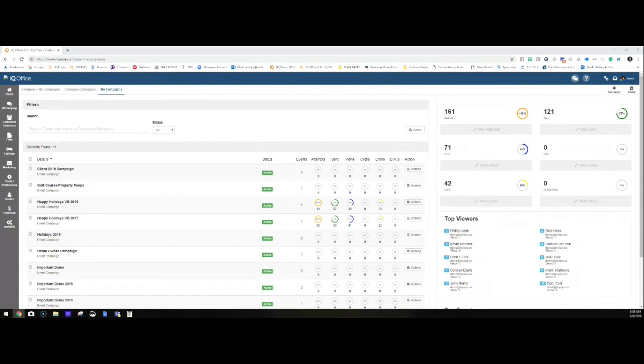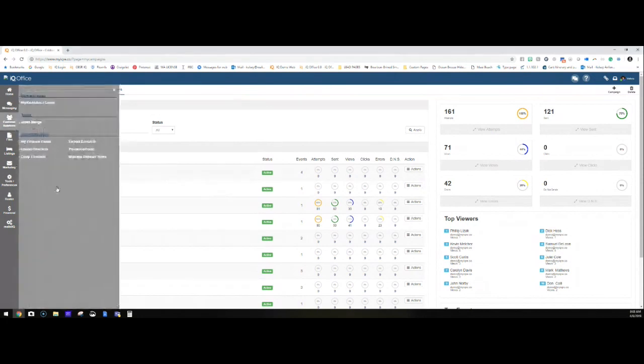If you'd like, you can upload contacts from your MLS into IQ Office. And so you can have all the agents in the MLS in your IQ Office. That's how you would do that. You would go to customer relations, you would import contacts, and you would import the list from your MLS that